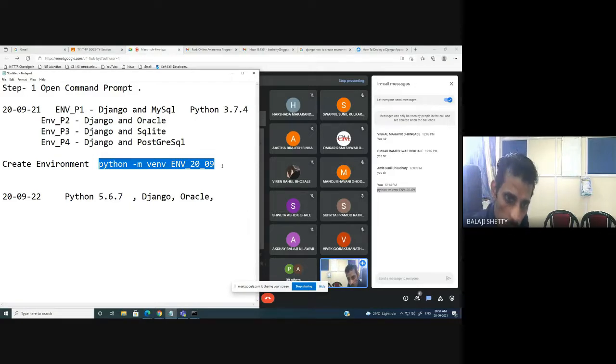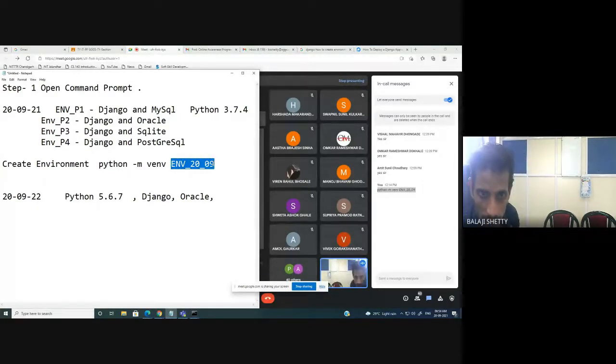So here what you have to do, the command is python space -m venv, which means make virtual environment. These are the standard keywords. What is the environment name? Whatever name you give here becomes the environment name. Now, if I want 10 different MySQL versions, it's very simple.